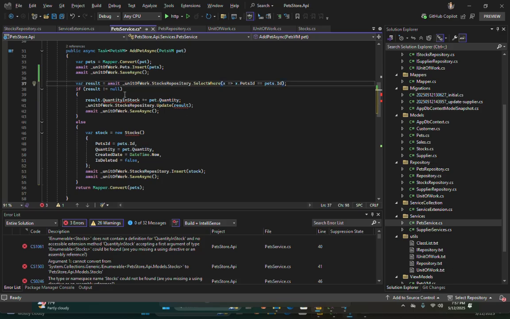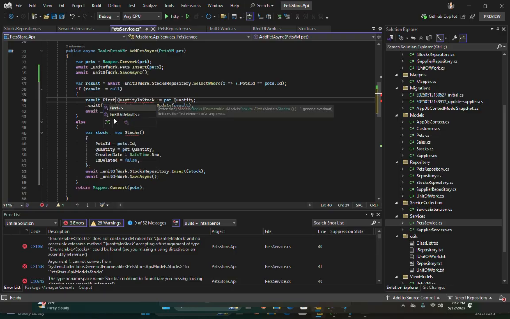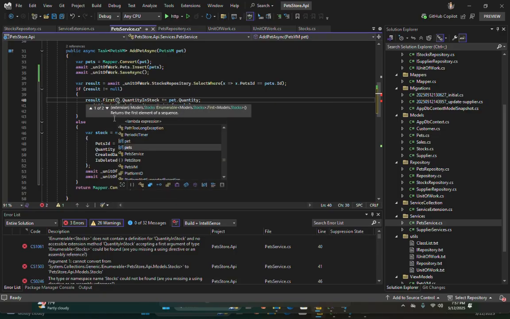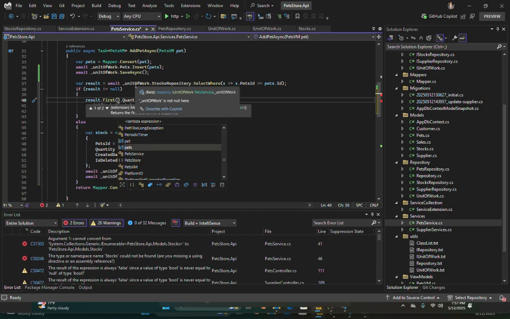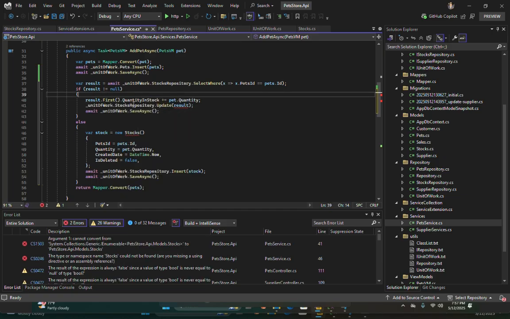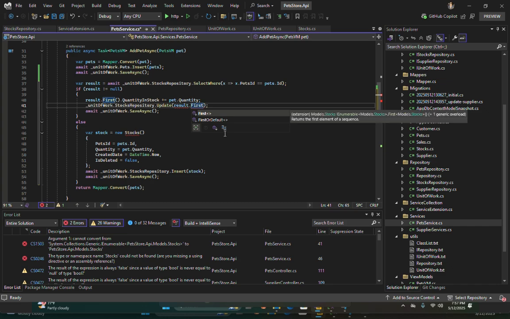Now I think it will get an enumerable list of the ids that are found. So we assume to take the first one from the list and increase the quantity in stock with the pets quantity, plus equals pets quantity, and update the result at first.